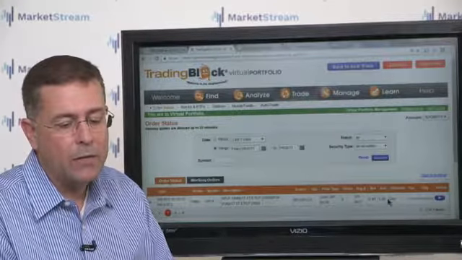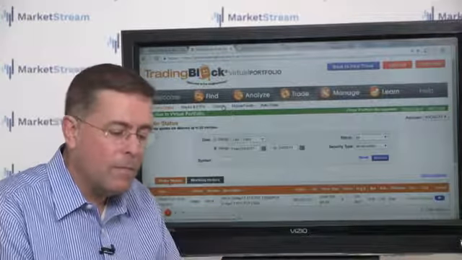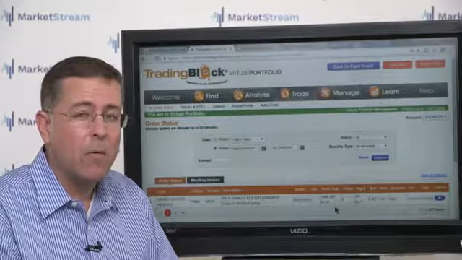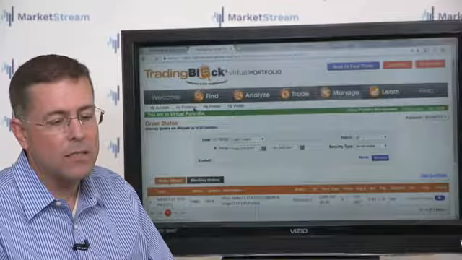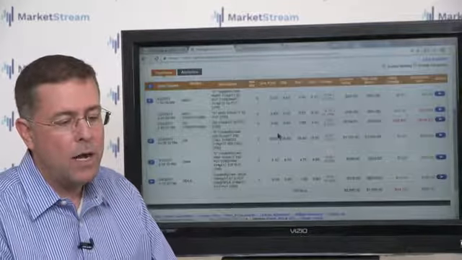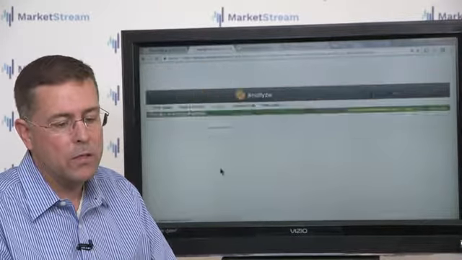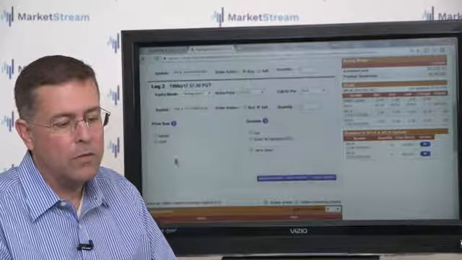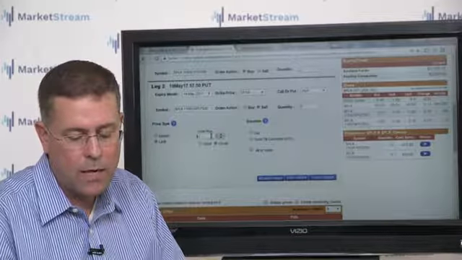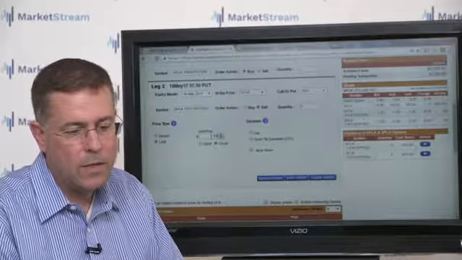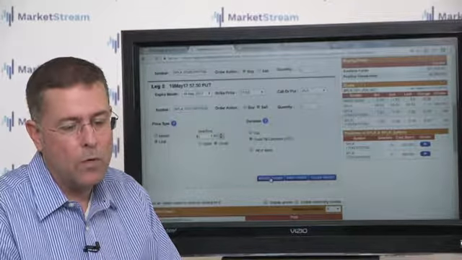Now you can see that I got filled, and then basically what I will do is manage the trade. I will either take profits when it's trading at right around $1.25 or $1.50. As a matter of fact, to stay disciplined, I will immediately go into my positions page, find the filled trade, and click close position. I paid $1.05, so let's say that if it's trading at $1.60, good until cancel, I will close the order, review order,